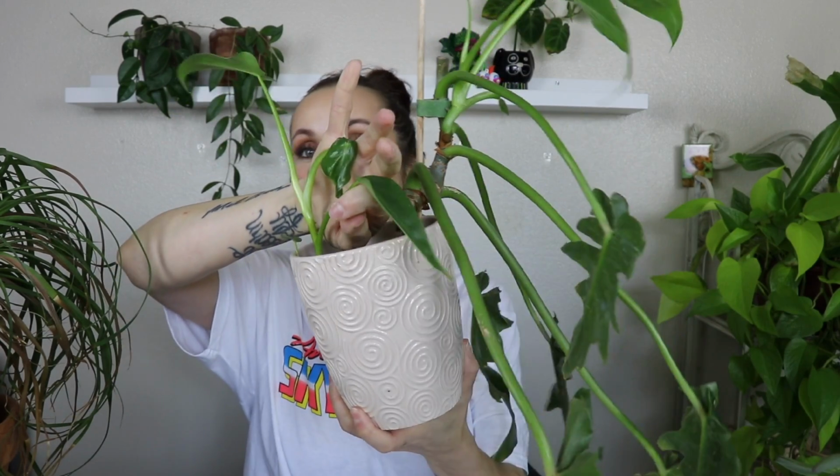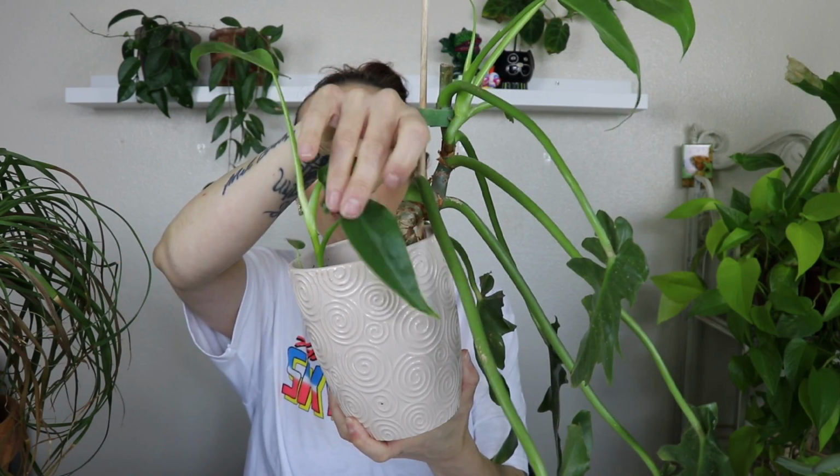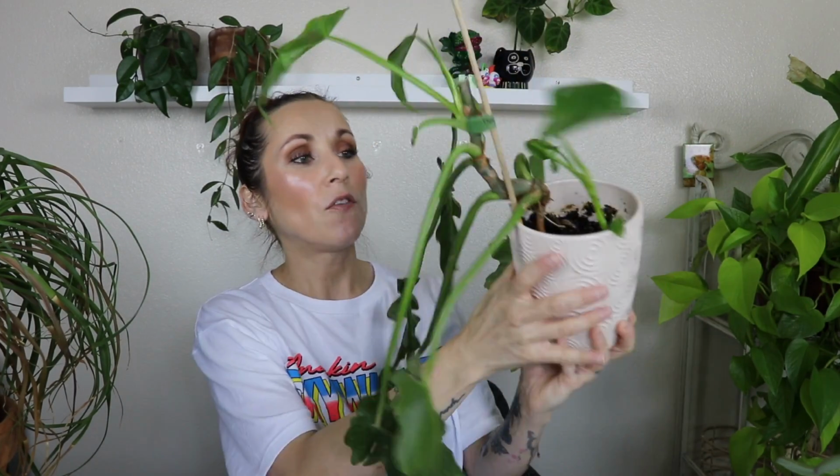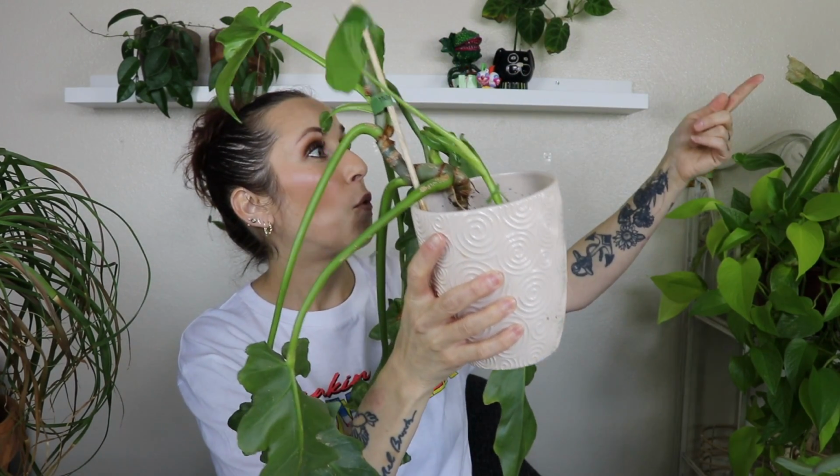And then I grew this leaf here, this long slender one, which is kind of weird. But isn't that cool? It started just growing another random plant in there. The plant that keeps on giving. I have 1, 2, probably 4 leaves up there still in a jar of water